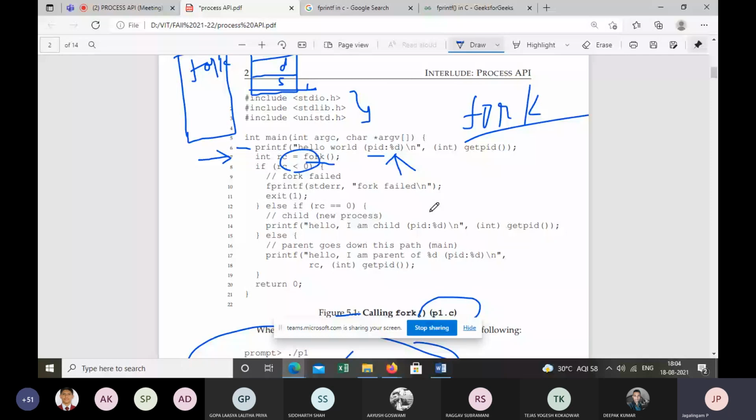Not only the child process, even the parent process, after it terminates, if it still exists in the system, we call that a zombie process. Then who will clean up the parent process completely? Init. See, don't get confused here.